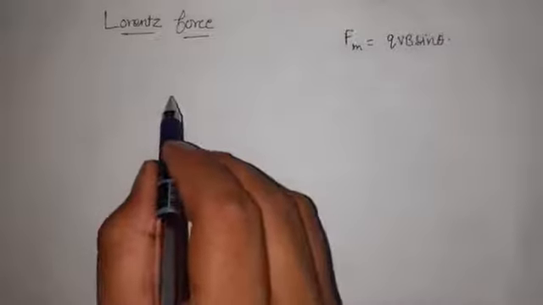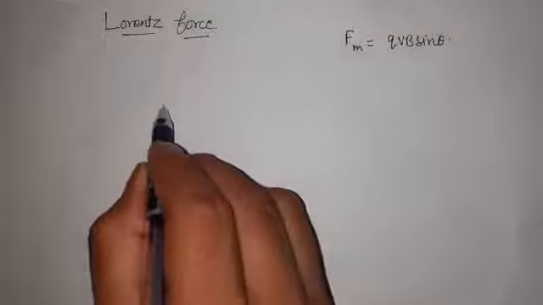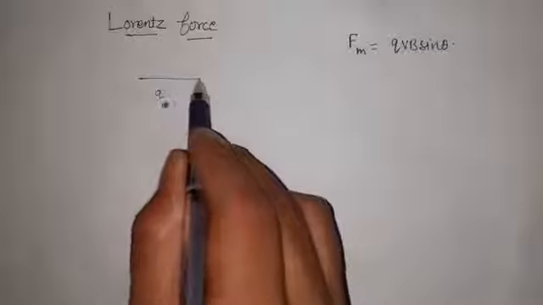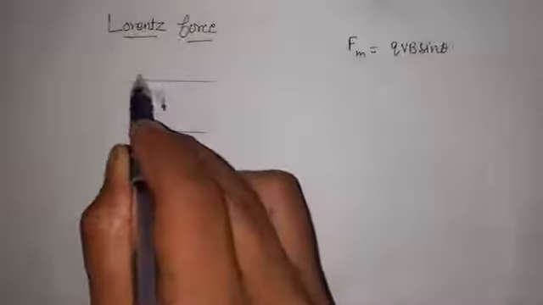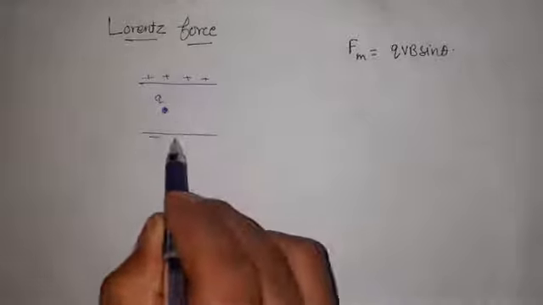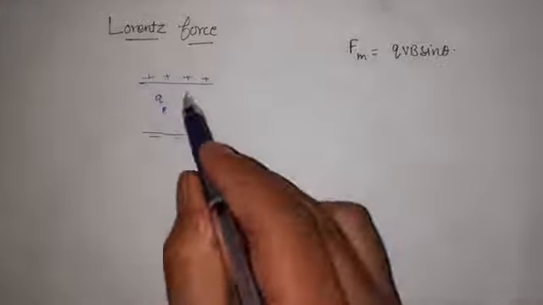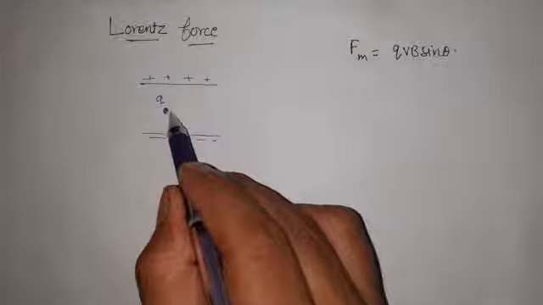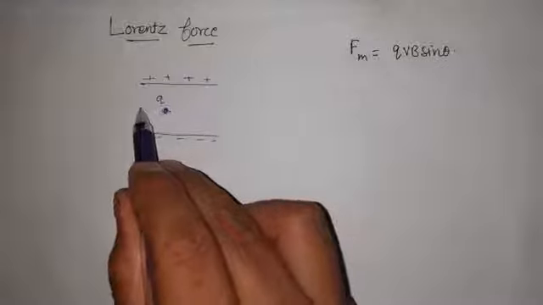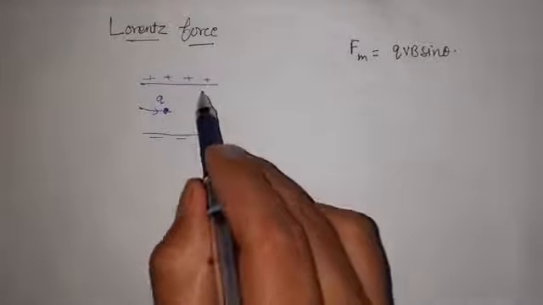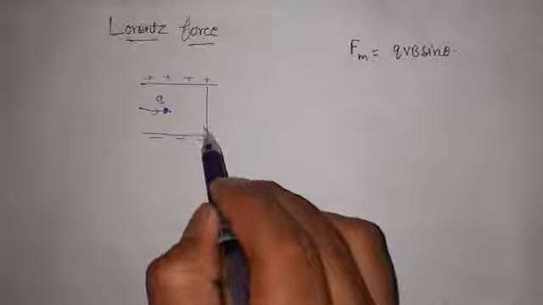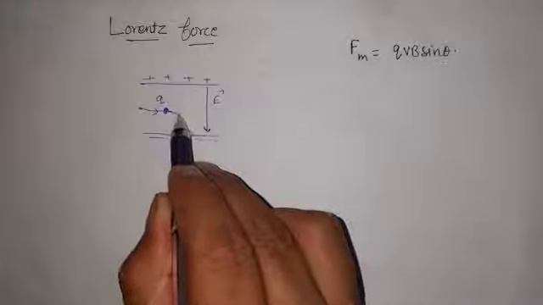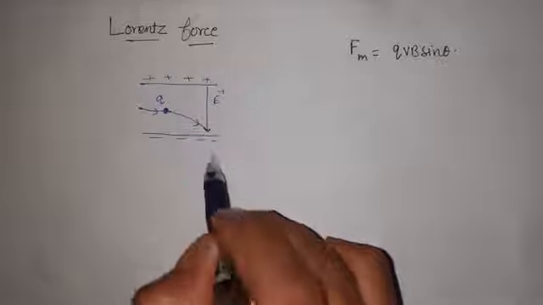So students, we should recall some situations. When a charge, this is a charge, is placed in between two plates, this is the positive plate and over here this is the negative plate, to which direction will it be attracted? This is a positive charge because the sign is positive. So if this charge enters this region, there is an electric field, and this electric field is from positive to negative. This is the electric field over here. Therefore a force will be exerted on it, and it will move toward the negative plate.